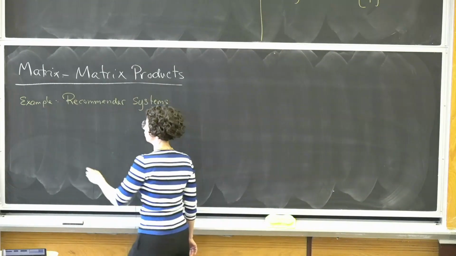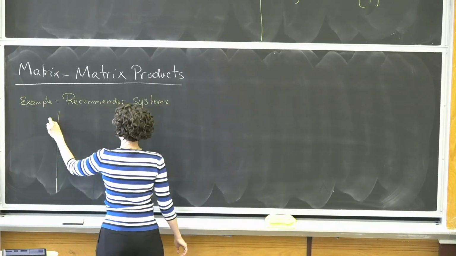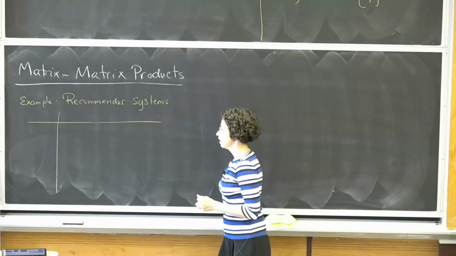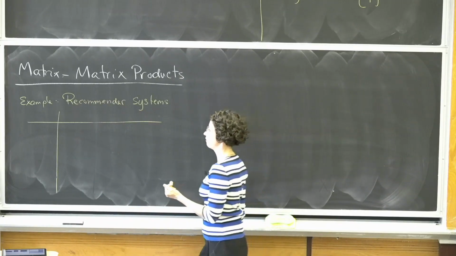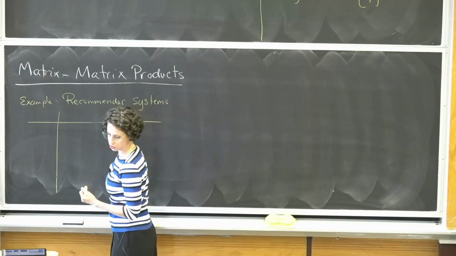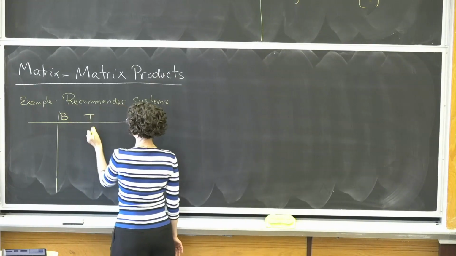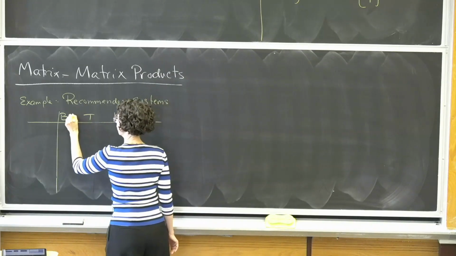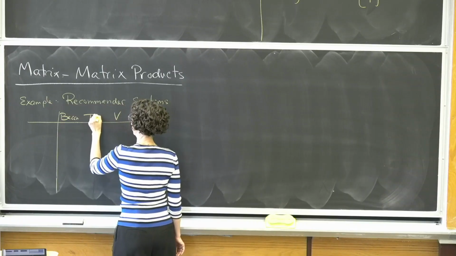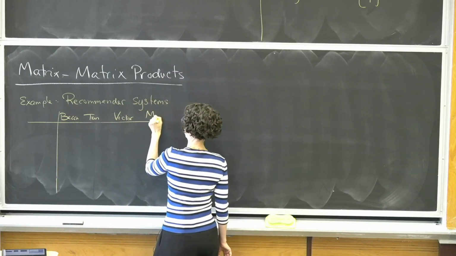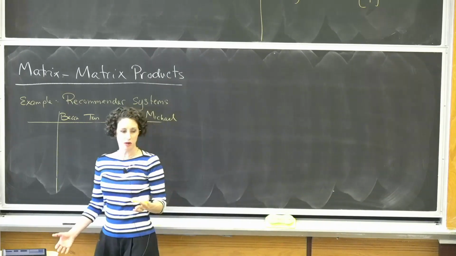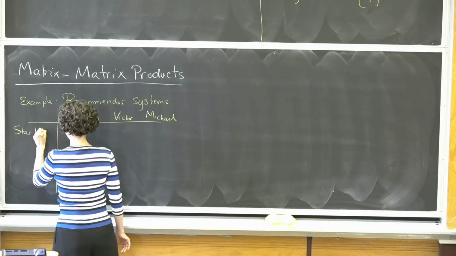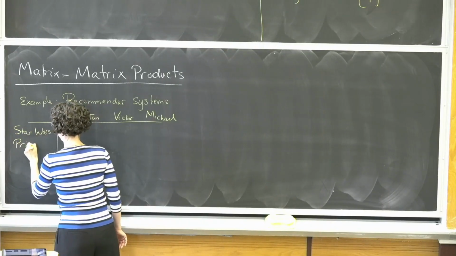I mentioned this briefly when we were going through the initial slides on Tuesday. But imagine, for instance, that you very luckily ran Netflix and you've got a database of customers. So maybe Becca and Tian and Victor and Michael. And then you also have a library of different movies. So you've got Star Wars, Pride and Prejudice,